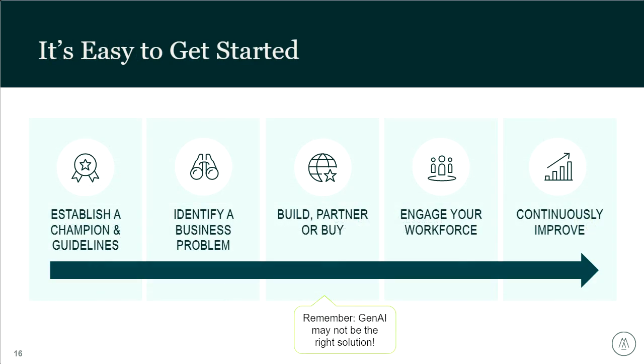So in terms of getting started, first of all, think about who your champion team is going to be, right? Who are going to be your people that are going to help you along the way? If we're taking it from not just that top-down approach, we need that bottom-up enthusiasm. So if you have champion groups who are there to do trainings, to advocate, that's going to be a huge win.